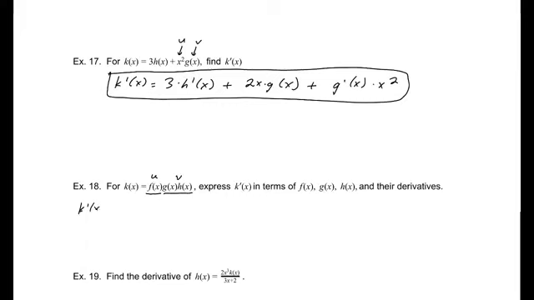In that case, we would have derivative of the first, f prime of x, times our v, so g of x, h of x, plus derivative of the second, that would be g prime of x, oh no, I can't do that, it's a product, g of x, h of x prime,